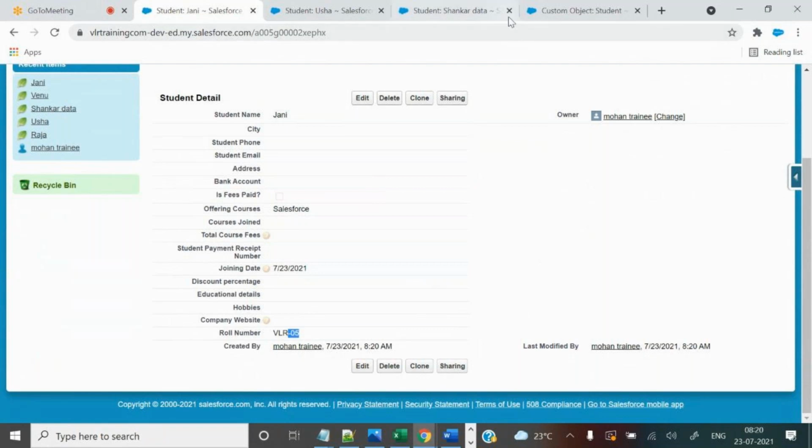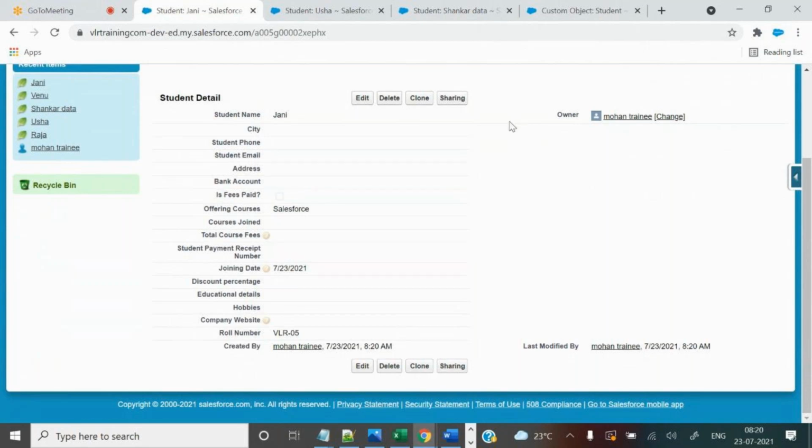Any questions with respect to this data type, or till here, do you have any questions? One more field is there, geolocation. I will tell you that, and with that we will finish the class. Yes, sir. You can ask only about the topics which I have covered today. If you want to ask any extra topics, you can ask at the end of the training.